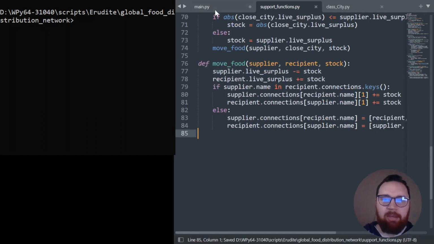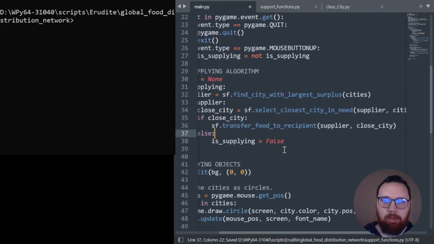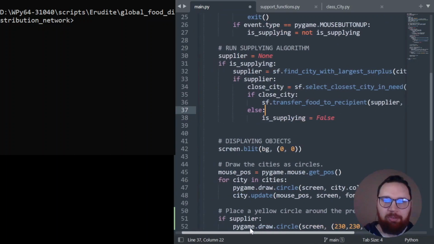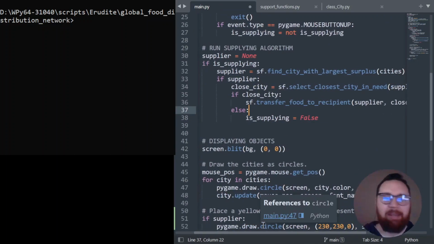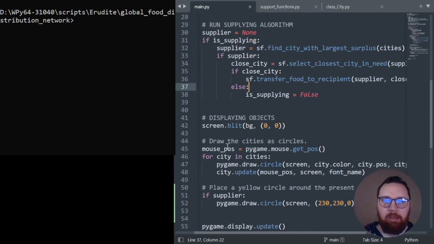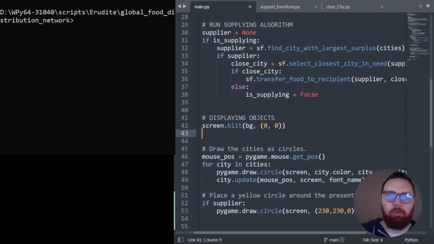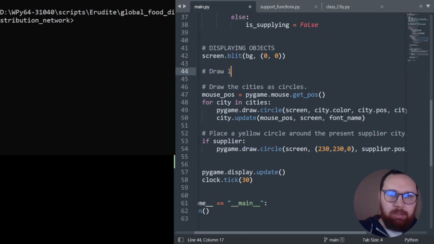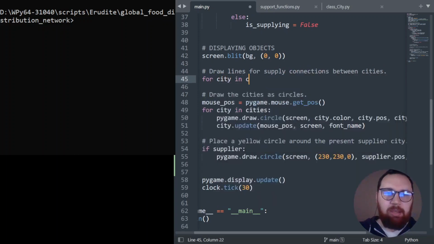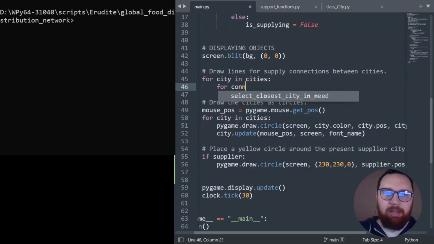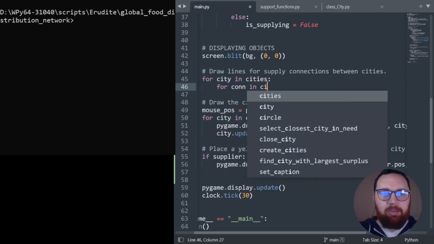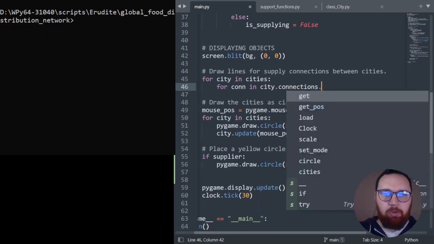So let's test out how this works, though you're not going to see anything because we're not drawing any connections. So let's go down here, and we want to draw the lines after we've done the background but before we draw the cities, otherwise it will just go over all the cities. Draw lines for supply connections between cities. For city in cities and for connection or con in city.connections.keys,